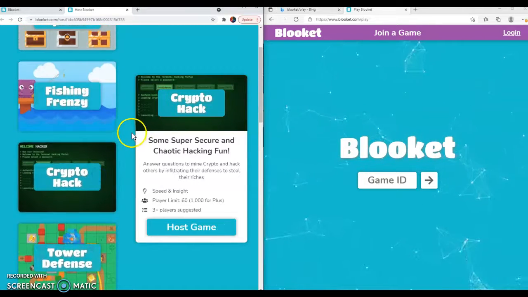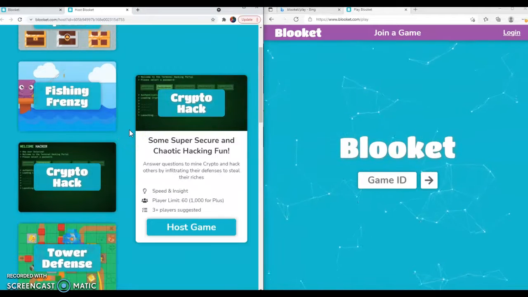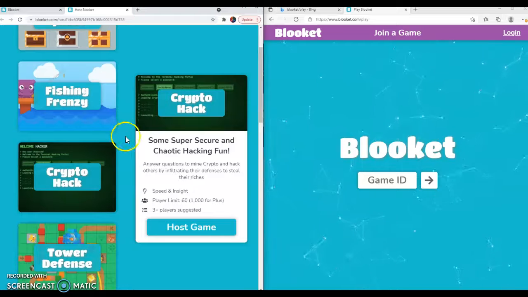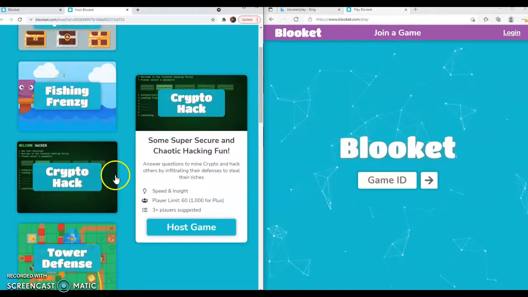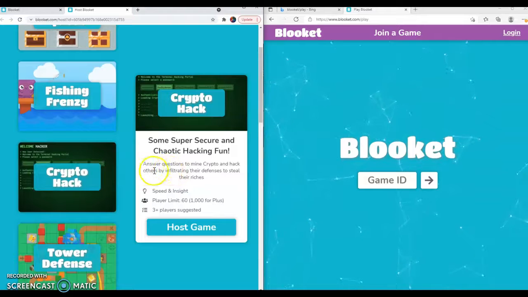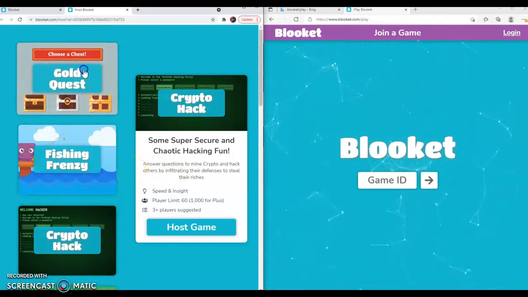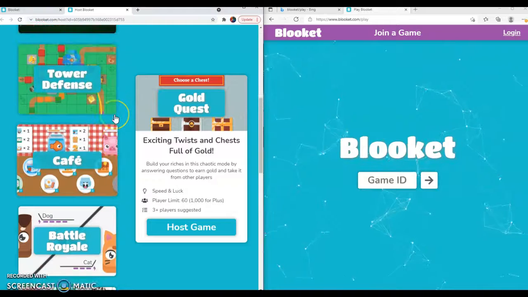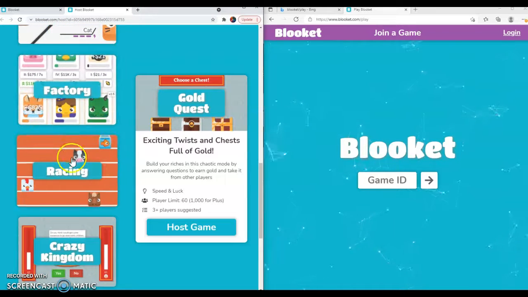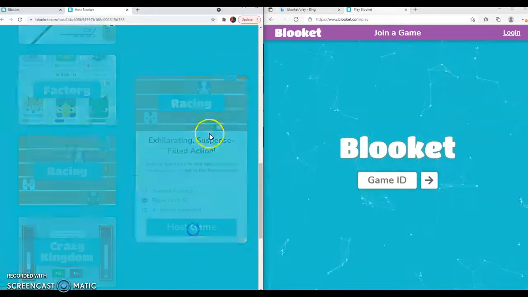Crypto hack. The kids in my school used Blooket with our Spanish teacher, and that was who they were telling me they used it with. I talked to her, and she said this one actually turns into they're more interested in hacking each other than actually paying attention to the vocabulary. So I'm going to give that one a pass for tonight. So I think I'm going to go with this one. So I'm going to host game,